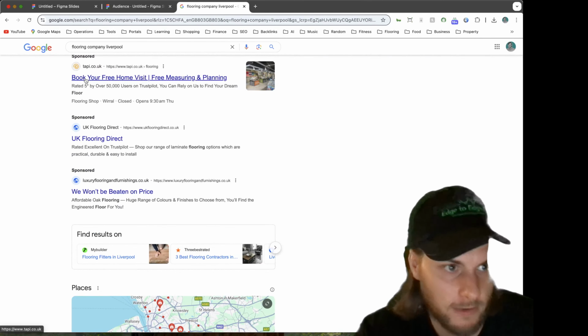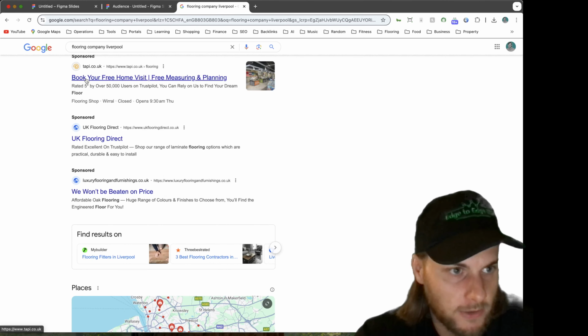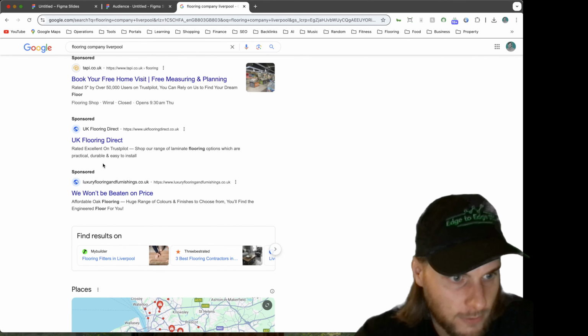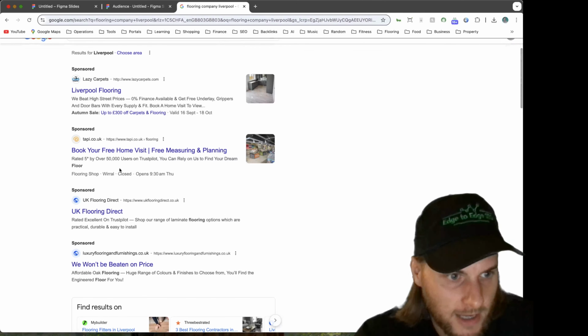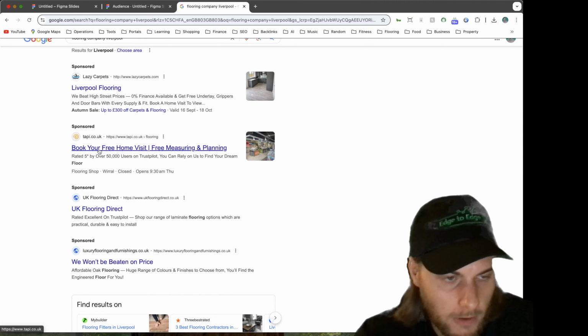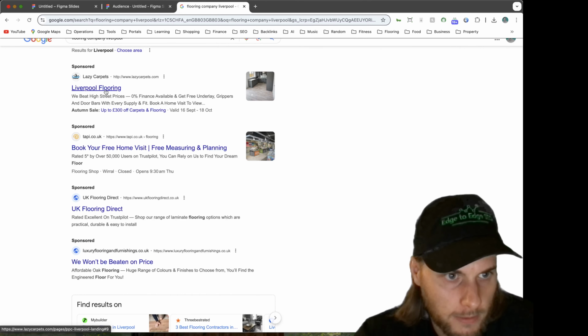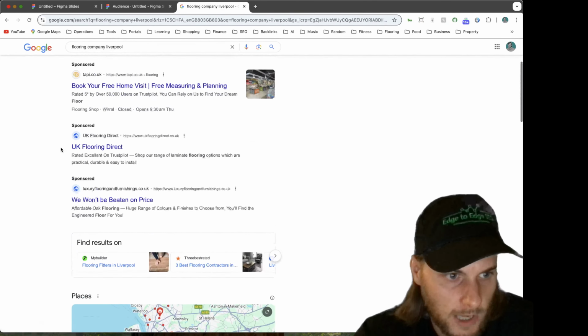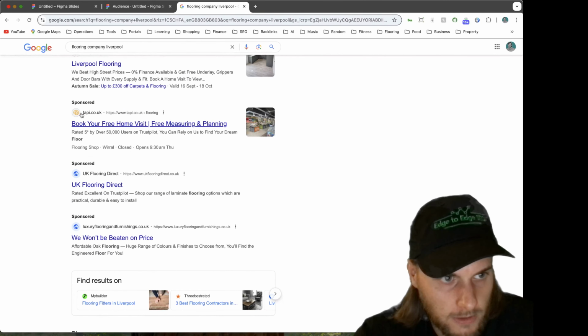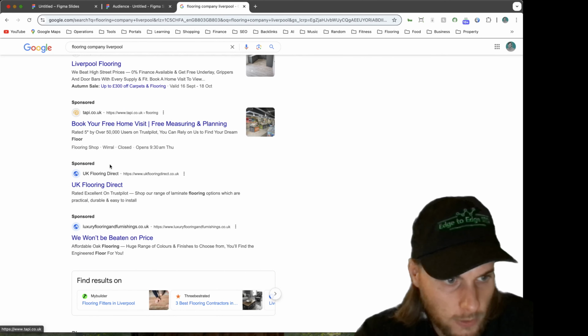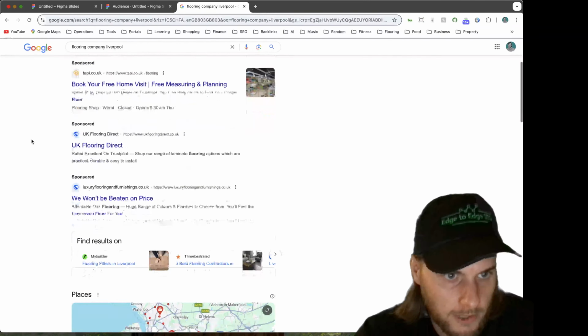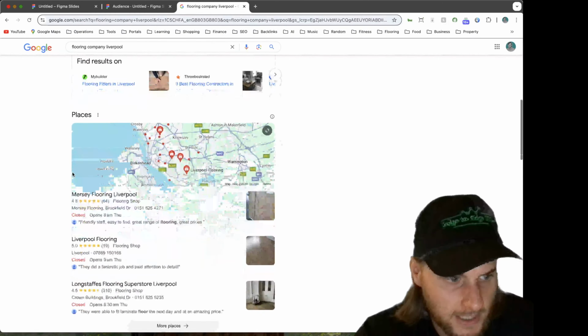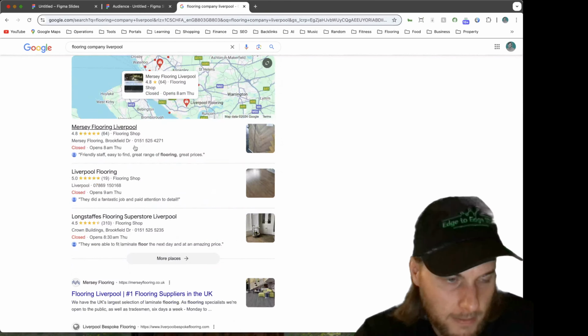They're likely going to potentially ignore Tappy and UK Foreign Direct and some of those big companies, because they're probably not what they're looking for. Tappy arguably can be what they're looking for, but a lot of people do prefer smaller companies. So they're potentially going to ignore a few of these companies here. They'll click on a local one on Google Ads, then scroll down again. They might make another inquiry, but again, if your name's on there again, they might notice.